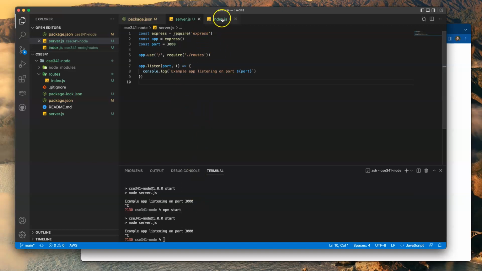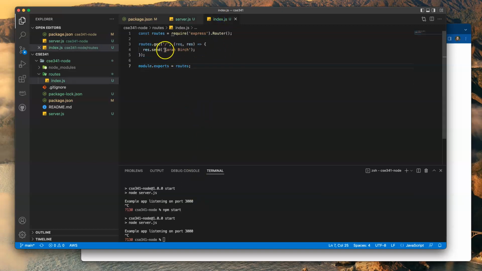So I'm going to change it just because I want mine to be a little bit different. I'm going to say hello Sarah, exclamation point. So we should see that eventually. Okay, so now we have all this great code, and we want to follow a pattern where every time we